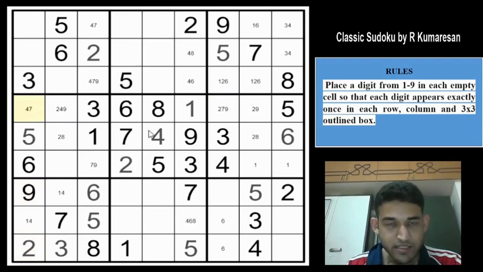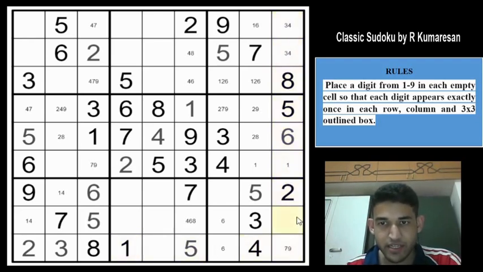So let us take a break here and see if we can spot any pairs or triplets. We have a pair that we marked here. There is a pair here. But other than that, I don't think there is any pair which can help us. So let us continue to column 9 now. 3, 4, 2, 5, 6, 8. Remaining digits are 1, 7 and 9. You can't have a 1 in row 9. So this will be a 7 and 9. This will be a 1, 7 and 9. And this will be a 1, 7 and 9.